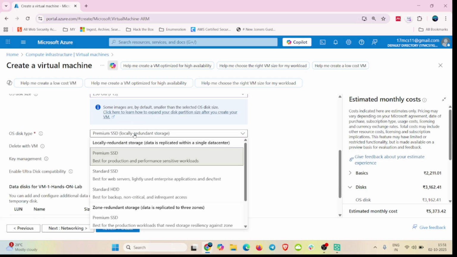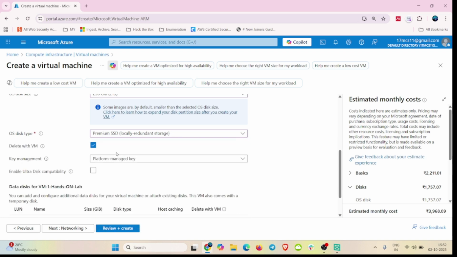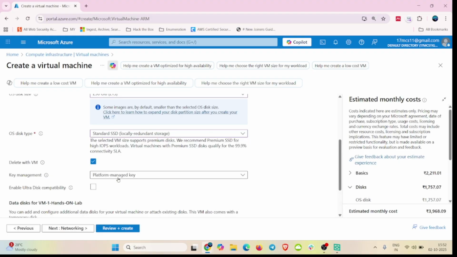OS disk type, you can choose premium, standard SSD, right? So I'll go with the standard SSD as of now. You can see, right? Because if you choose the premium one, the costing will automatically be affected. So I'll go with the standard SSD. Okay,